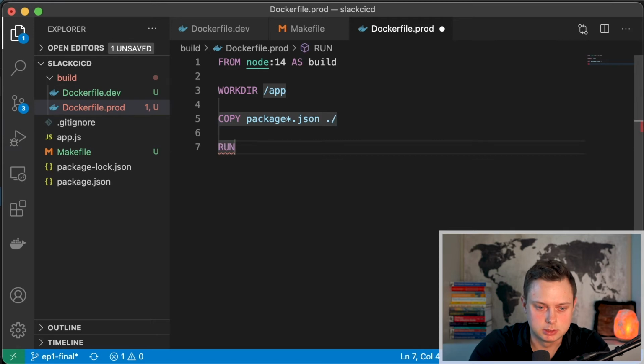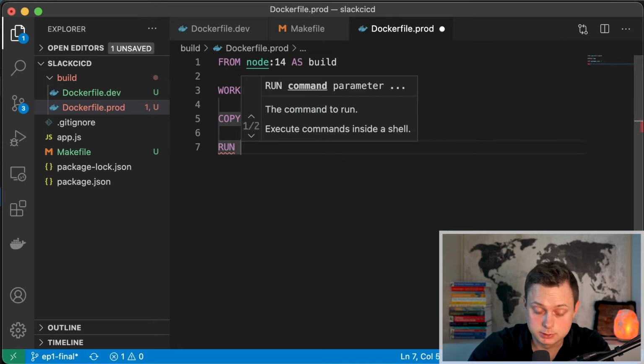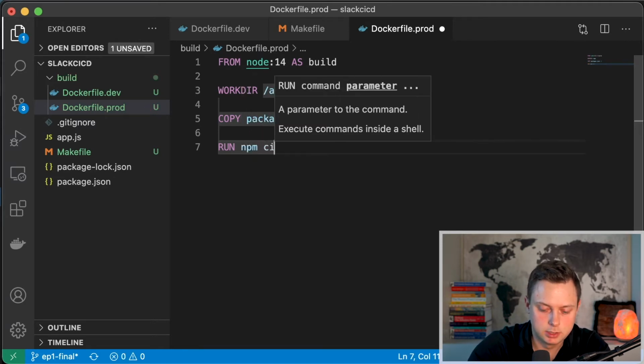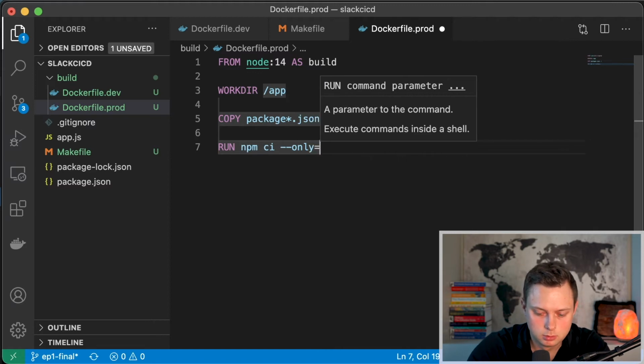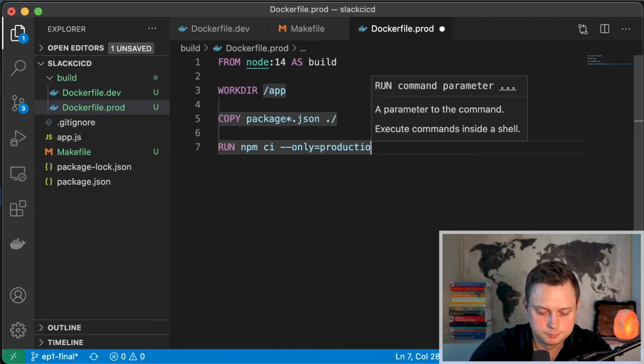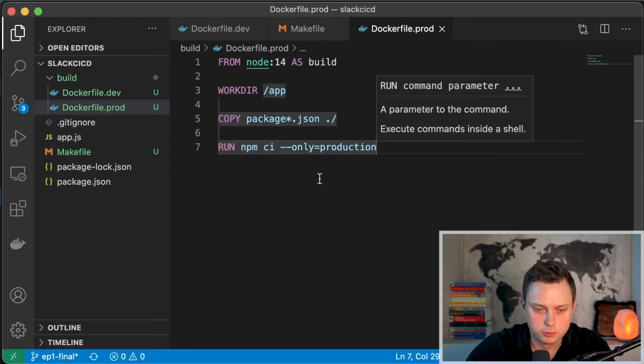And let's install our packages by using, in this case, we're gonna use npm ci instead of npm install, npm ci --only=production. And the difference between those two, npm install will use package.json, and if some of the dependencies are missing